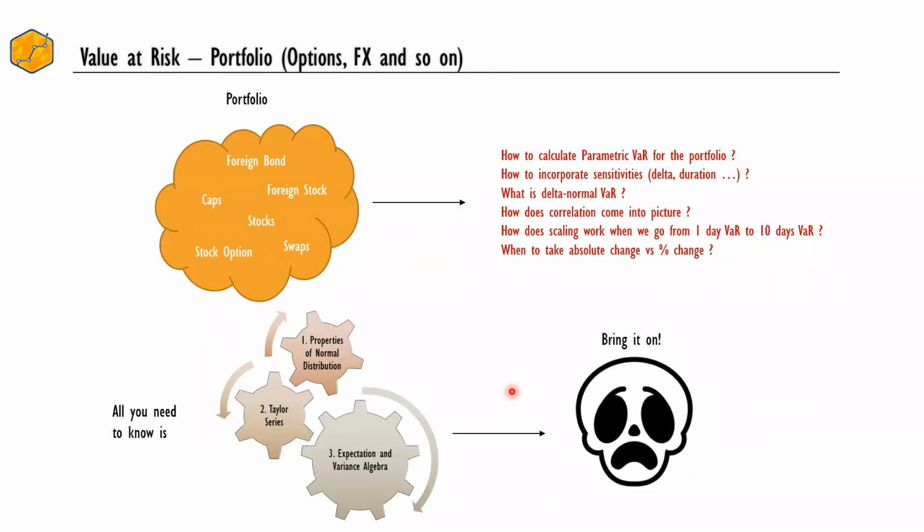Okay. So what we'll do is we'll look at these 3 topics at a very high level. We'll do some small toy examples, and then we'll get to calculation of value at risk. Okay, first topic, properties of normal distribution. We know this. First of all, you need to know how to seamlessly go from Z to X to CDF. Okay, this should be clear in your mind, and I'm pretty sure probably 95% of you already know this clearly,